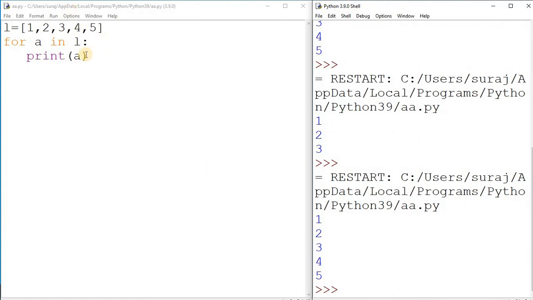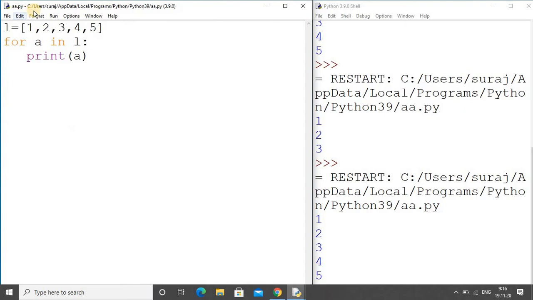Now I want to stop suddenly if it meets a particular condition. Before or after this print a, you can use the condition according to your requirement. Here my condition is if a is exactly equal to 3, then colon, and it takes the indentation by default, and then break.